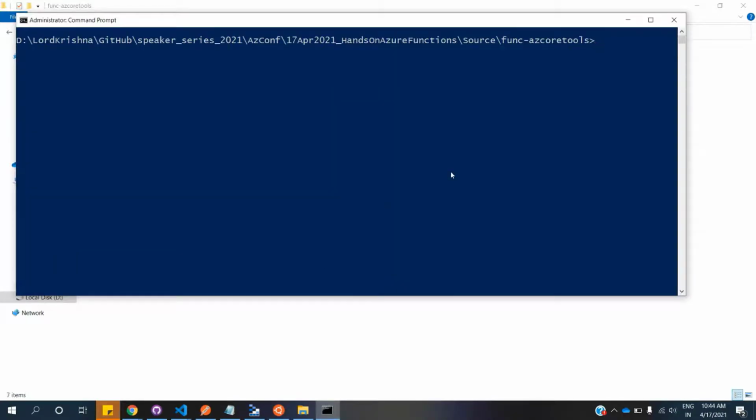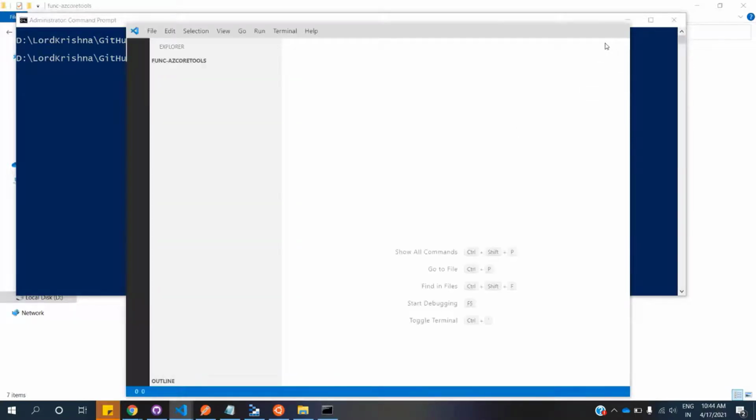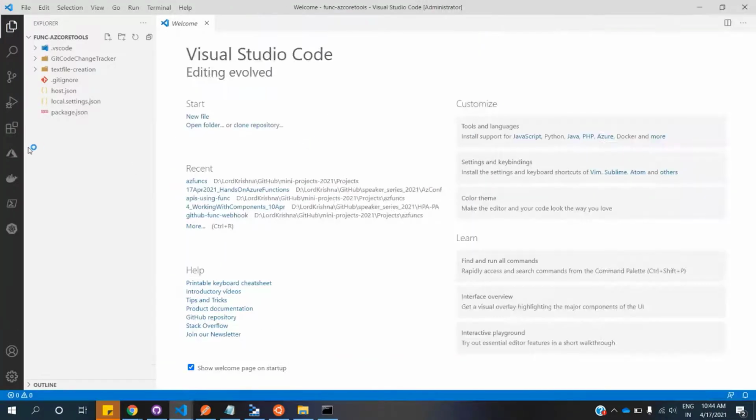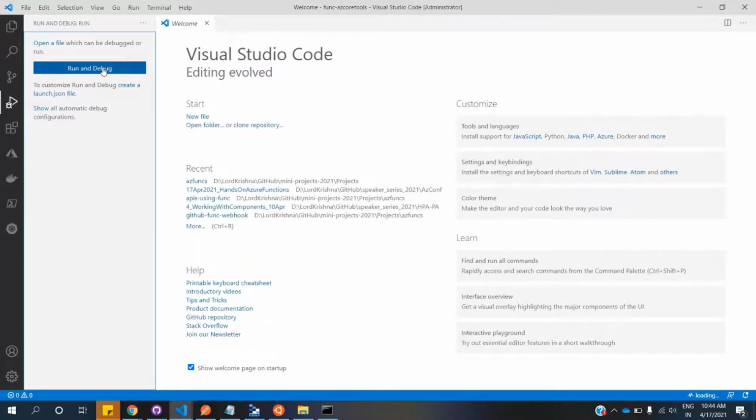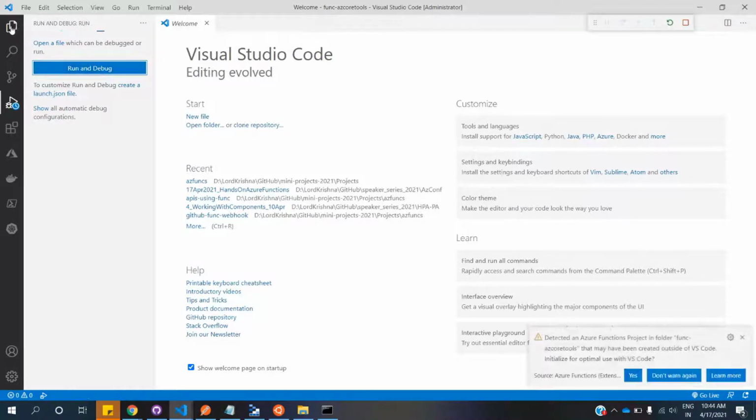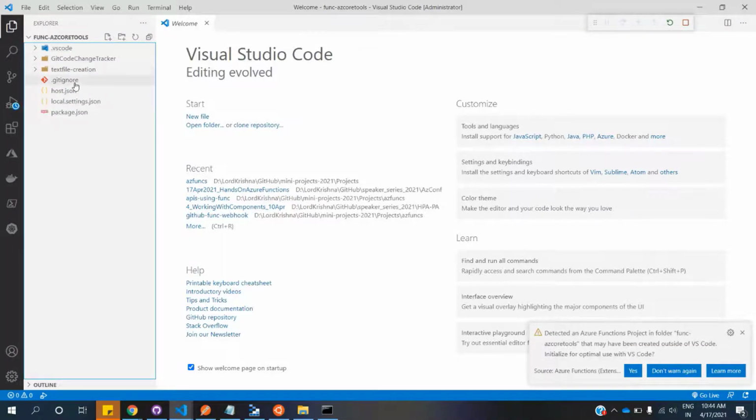Here I do code and dot, so that opens up in a new Visual Studio Code, and I do debug and run. We can do this debug and run from inside this.